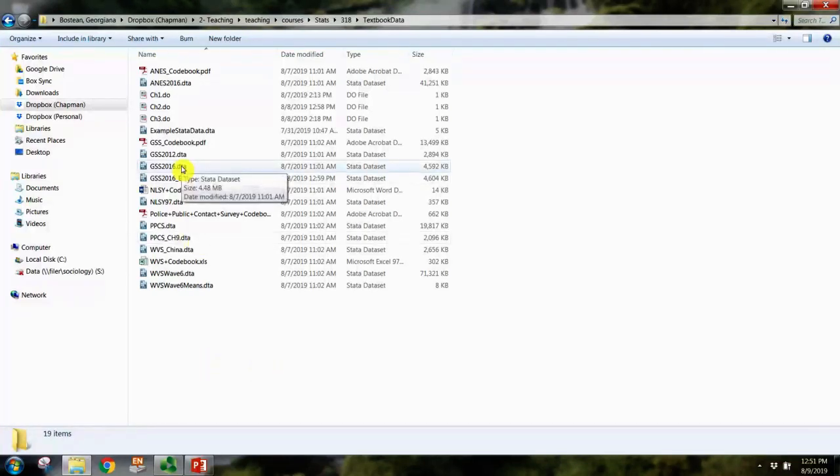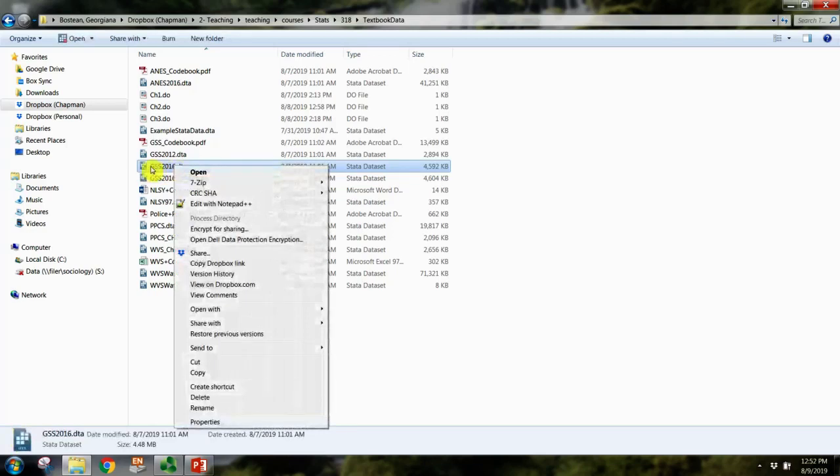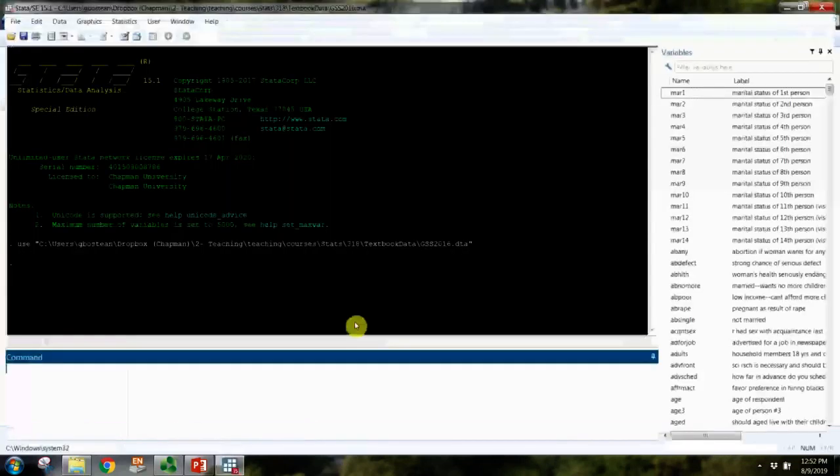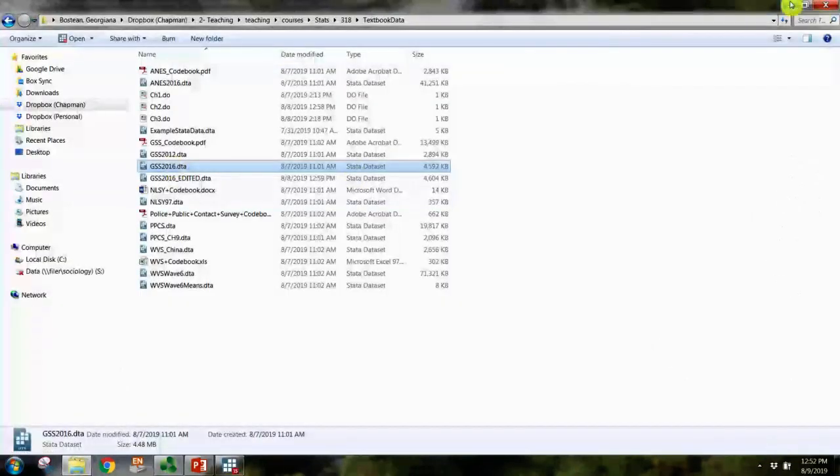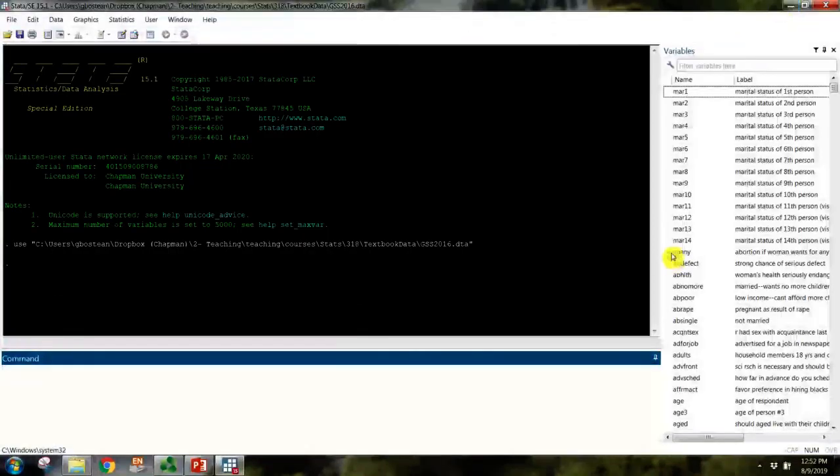Again, I'm going to that folder where all of the data sets for the textbook are found, and I'm going to open up General Social Survey GSS 2016.dta. For me, remember, it's open with Stata 15. I finally remembered. I think it took me 4 tutorials, but I finally remembered to right-click. You can probably just double-click on the data set to open it since you don't have 2 versions of Stata